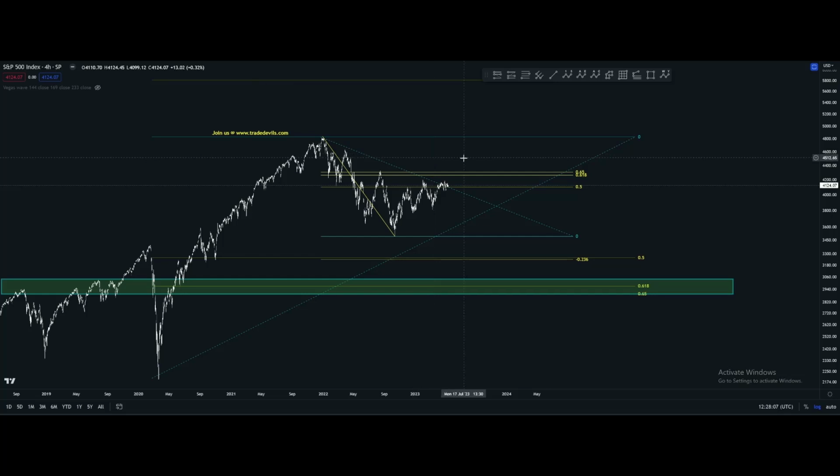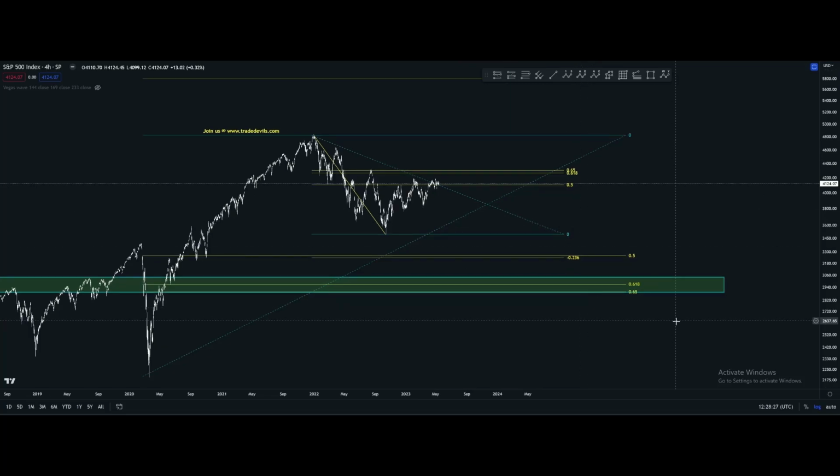So first of all, I would like to take a look at the S&P 500, and considering the fact that this thing doesn't really look nice Elliott Wave wise, I would like to take a look at the algos first and see what might happen. So on the log scale, we currently have